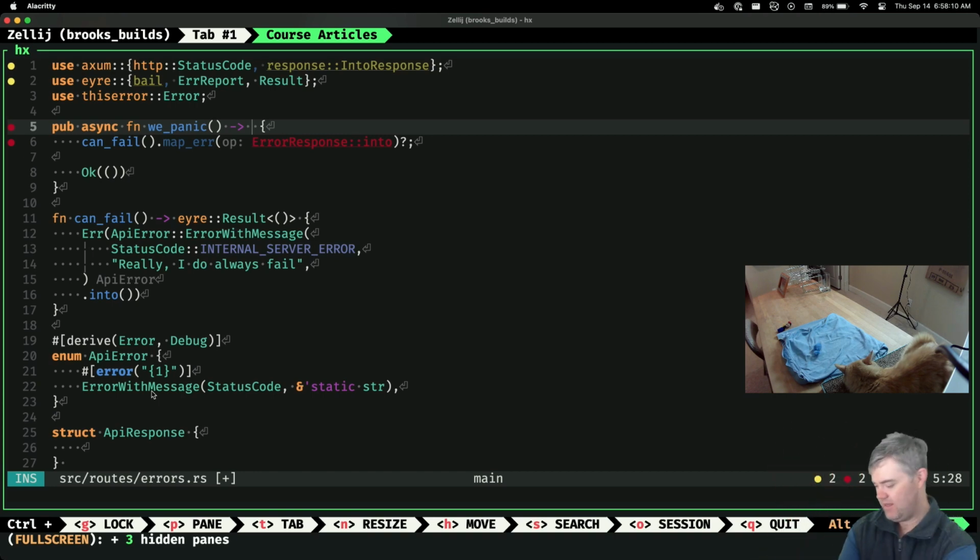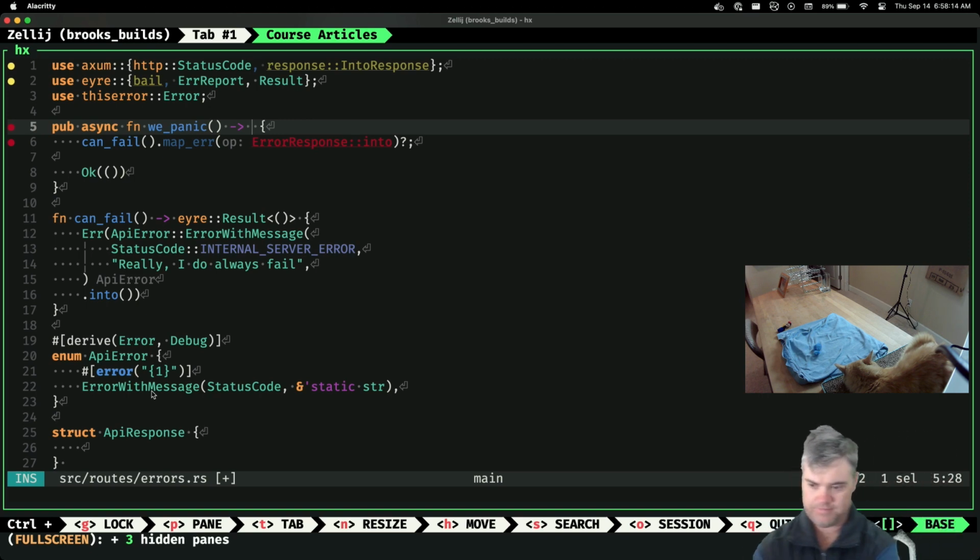Oh, but then that won't work. Because API response would have to return a result with the two different things. So I feel like breaking out into two different sides is the way to go, but